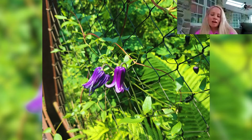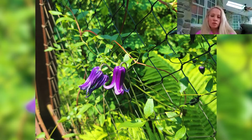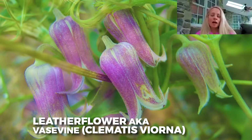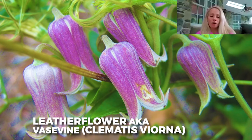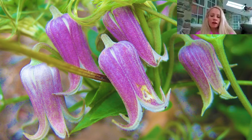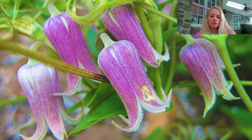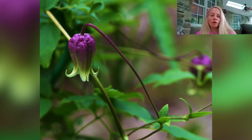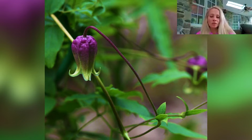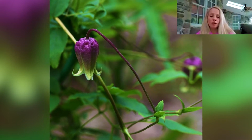This is a flower that you might not be familiar with. It is native to central United States. It's called leather flower. I originally saw this flower at a garden called Mount Cuba, and it was in their trial garden, and I found that the hummingbird wouldn't leave it alone. I now have one of these in my own gardens and recently put one in a garden of a client's. And I think that leather flower is definitely something you want to think about incorporating if you're looking to attract